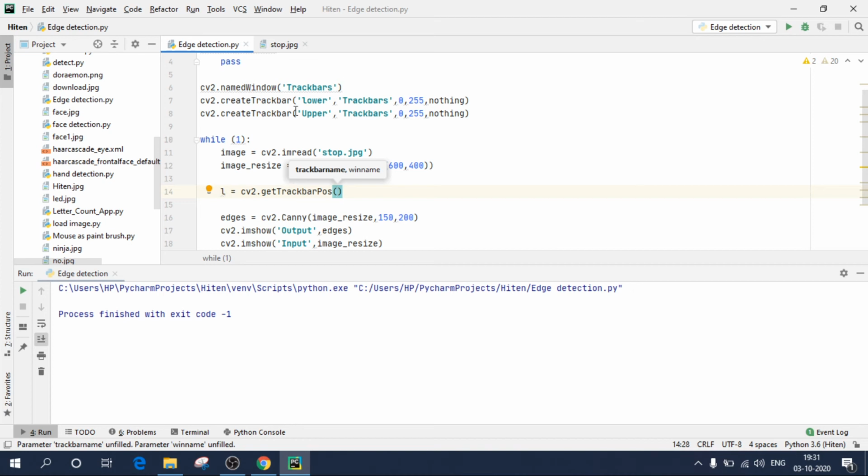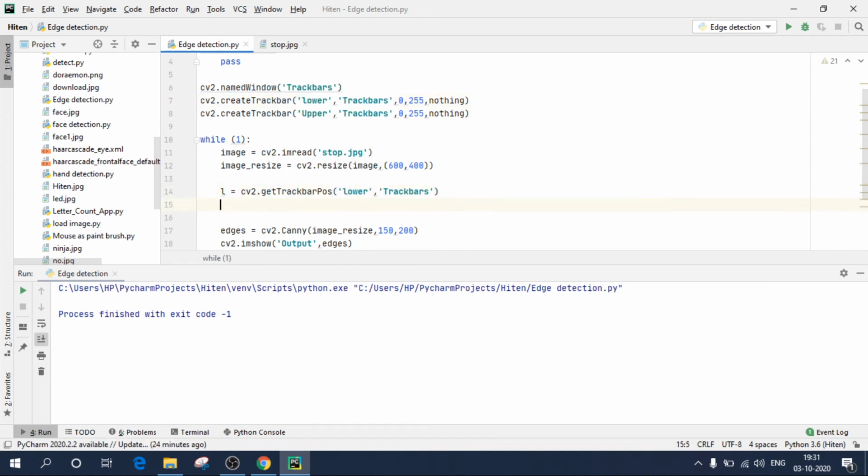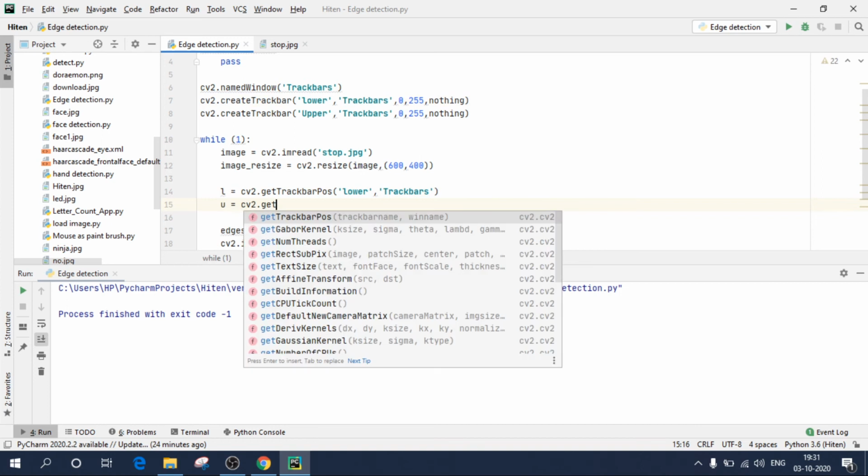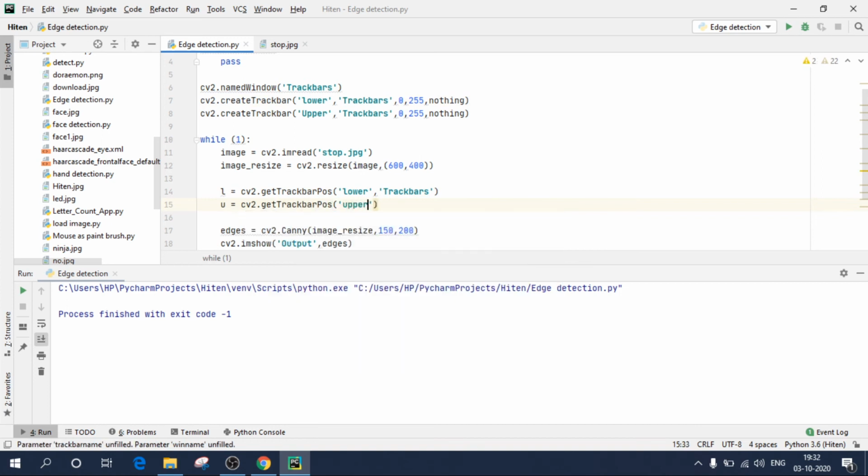So I want the track bar value of lower, and the window name. Just copy this and paste it over here. Similarly, create for the upper value: u equals cv2.getTrackbarPos upper, comma, track bars.